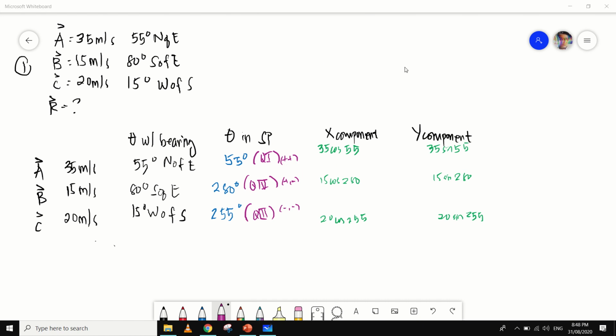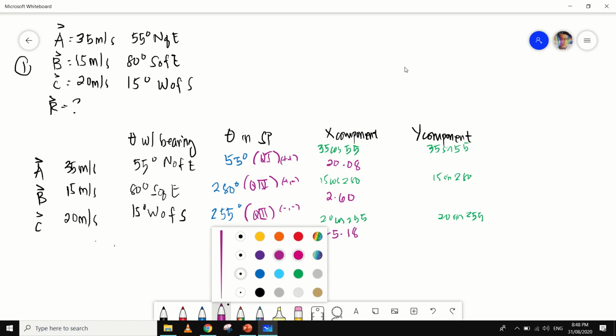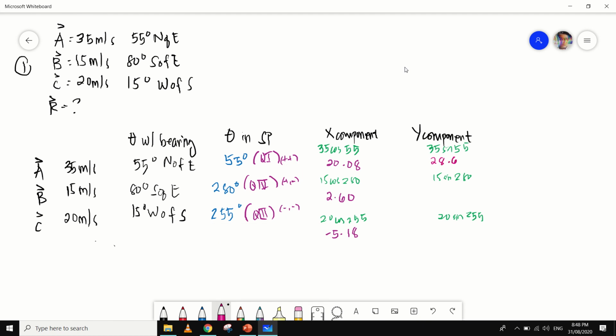Alright, sige, let's continue. For the x, 35 cosine 55, so 2 decimal places tayo: 20.08. 15 cosine 280 is 2.60. You have negative 5.18. So that's for the x component. Let's proceed with the y component. You have 35 sine 55 is 28.67. You have negative 14.77. So, again, nag-agree na naman siya. And then, negative